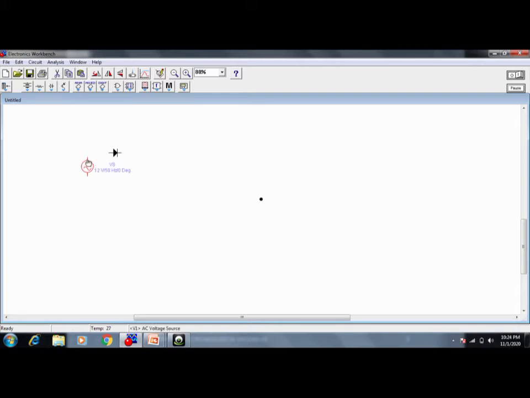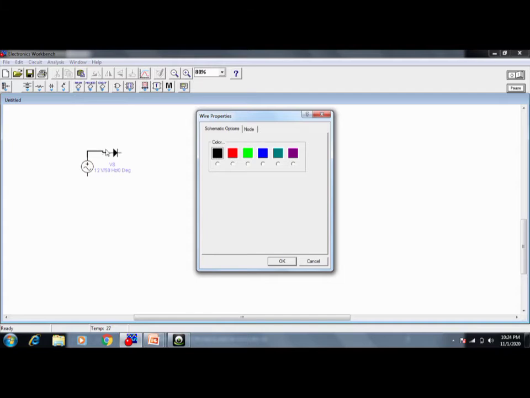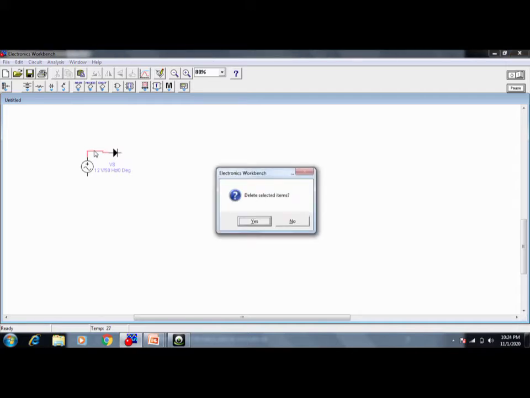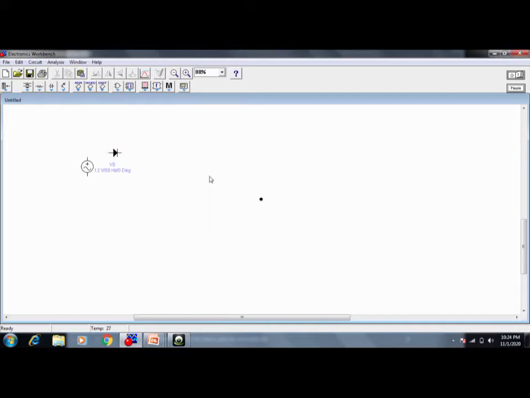Okay, so here you are going to see the connector, and here also you are going to see the connector. When you see the connector, you just have to connect from this end to this end. Okay, if you want to delete or if you want to change the color, then you can change the color by clicking. Okay, and the next component we are using. If you want to delete, select and delete.